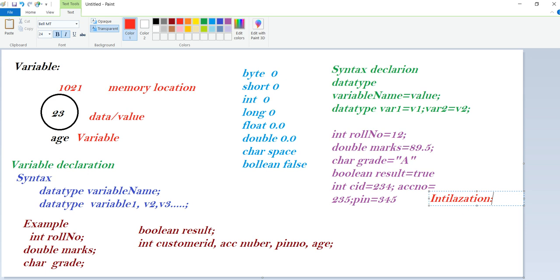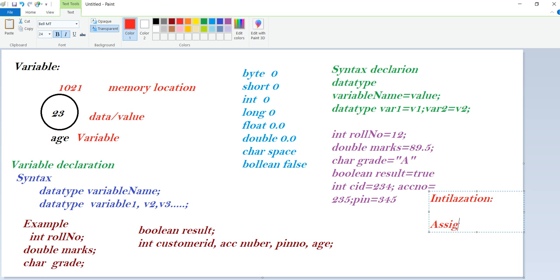Right now I'm saying my roll number is 12, but after some time my roll number is 14 or 10. Like that we can override the data also. But initialization means the first time we give a value. Then the value of a variable can be changed anytime, any number of times during the execution of the program.